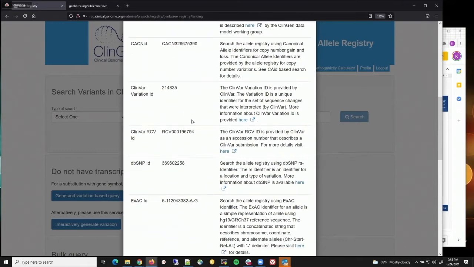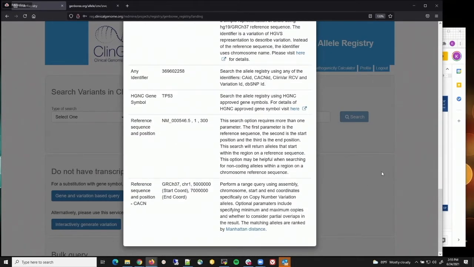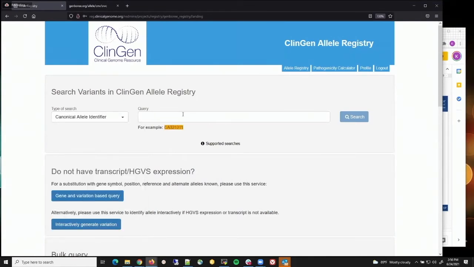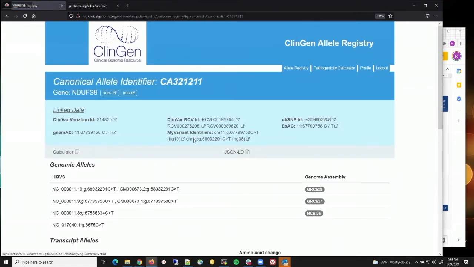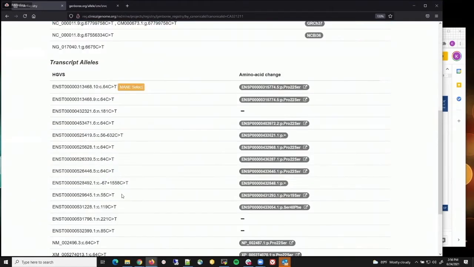I'm going to show you just a couple of examples of these live, but I encourage people to go through and read these. One of the first examples we talk about is this canonical allele identifier. So we can search based on the CAID, and if it exists, it'll bring up this page. Again, like I referred to earlier, we have the name up here. We have the link outs to the gene for this gene here. We also have this link data here, followed by the genomic alleles and the transcript